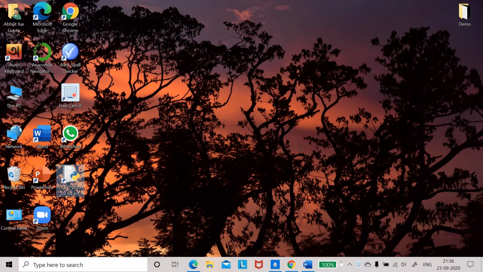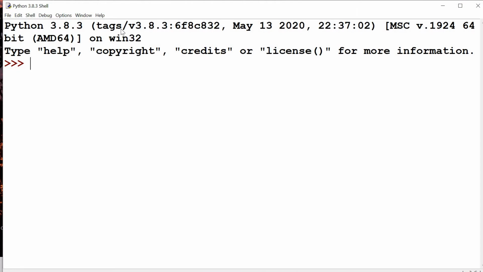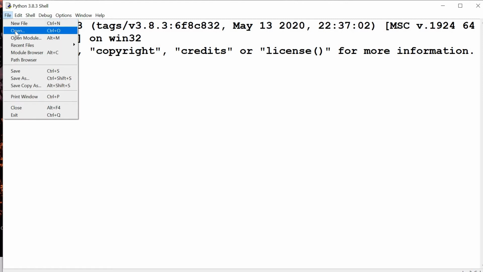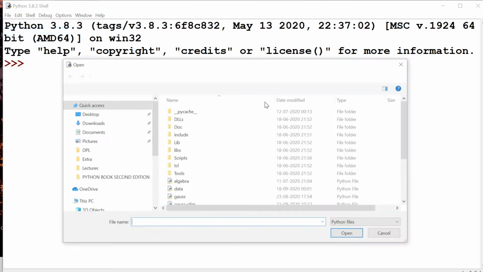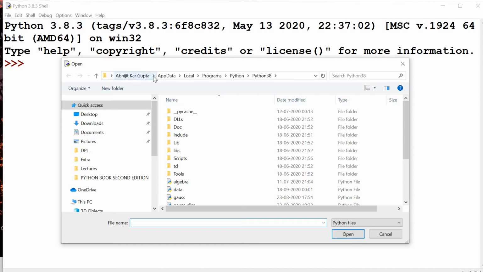Okay, click that IDLE. So the interpreter comes and you go to File, click Open. There you can see the path name. In my case, it is the username, my name, then AppData, then Local, then Programs, then Python 38.